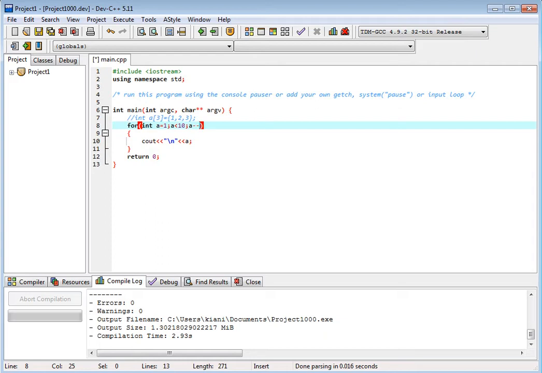To change this, I will use a is greater than 0. What I do is I initialize a is equal to 10. I start from 10 and I go till 1, greater than 0. So it will decrement, it will take 10, then decrement 9, 8, 7, 6, 5, 4, 3, 2, 1. Greater than 0 means till 1. Let's see what is the output.